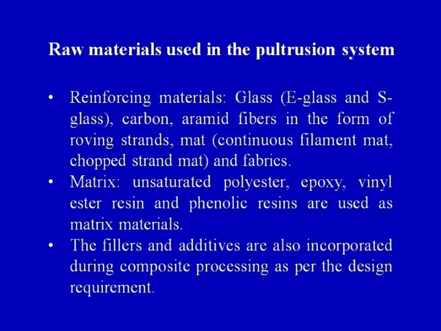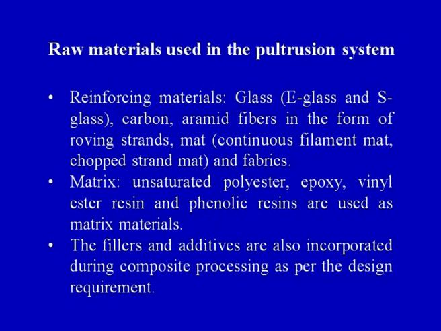So this is the reinforcing material. Then what is the other important ingredient? That is the matrix. Now the matrix can be in the form of epoxy, it can be vinyl ester resin or phenolic resin. So different types of polymers can be used as the raw material, different types of fibers can be used as the raw material, and different shapes of the fibers can be used as the raw material. So we have a reinforcing material, we have a matrix, and when these reinforcement and the matrix will be combined together in the die, we will get a final product, or we can say a final pultruded product.